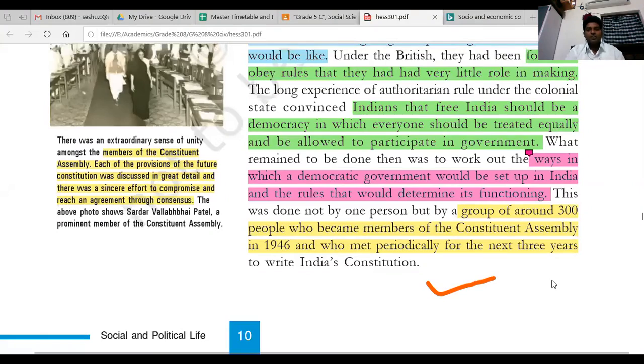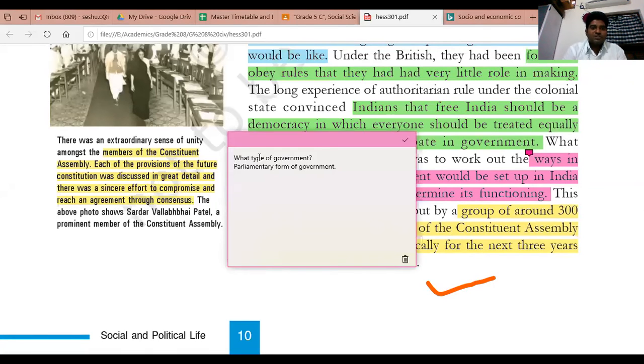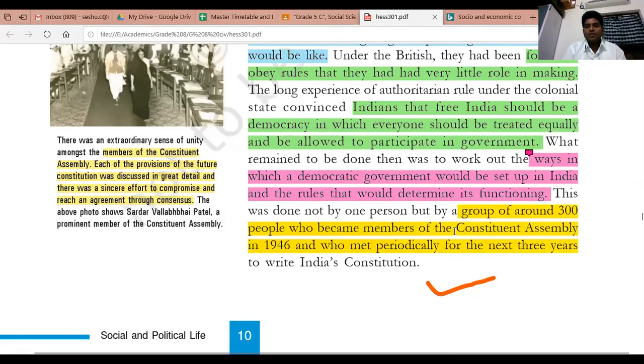See, I keep the textbook like this, where I also keep the highlighters before I go to the lesson or during the lesson. You can highlight the text and show them which point you are actually discussing. And nowadays, I am also using one more technique, that is using the box here. This box will give you information if you have any doubts, or if you think a child may get a doubt like this, you can post that question and discuss here. Here there are the ways in which. So what type of government are they talking about here? When they ask ways, it's not airways or waterways. You can highlight the point.